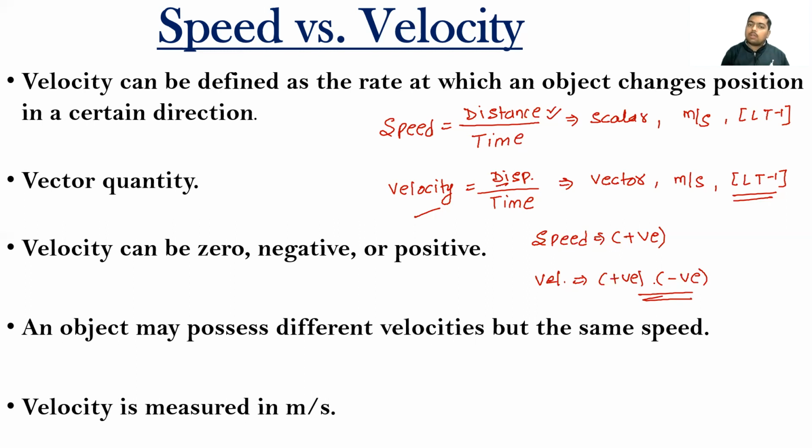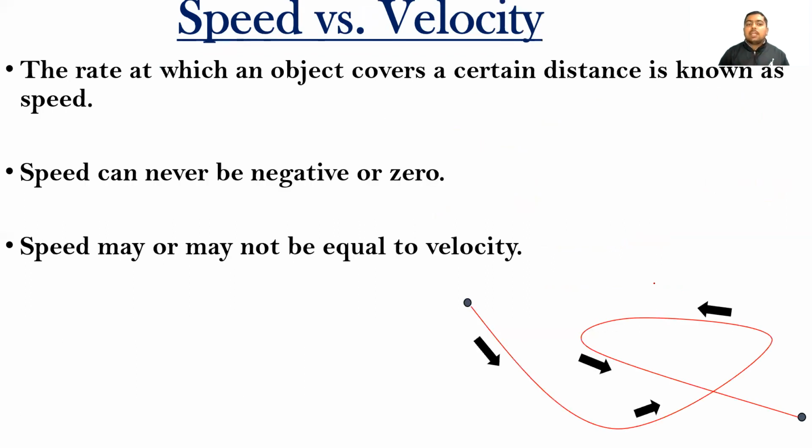But when we are moving in a positive direction, then velocity can take a positive value. Okay, now this is the difference. Now there is one question that arises. What is the question? When do speed and velocity become equal? So what is your answer?